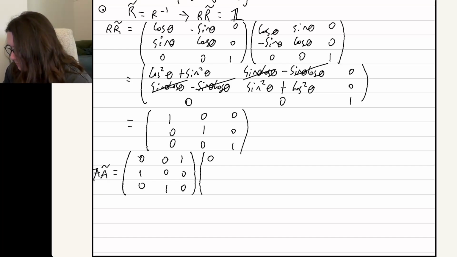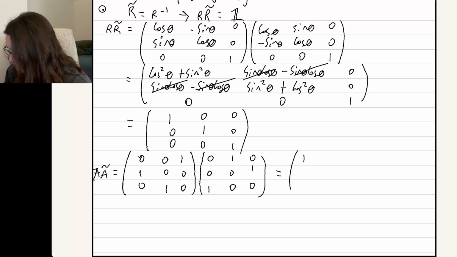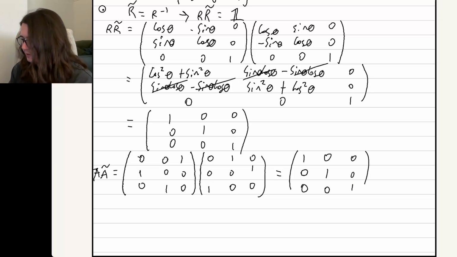It looks like 0, 0, 1, 1, 0, 0, 0, 1, 0. Multiplying these, that's 1. This is going to be 0, 0 here. It's 0 here, 1 here, 0 there, 0, 0, 1. Yeah, they are